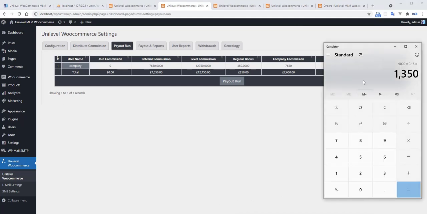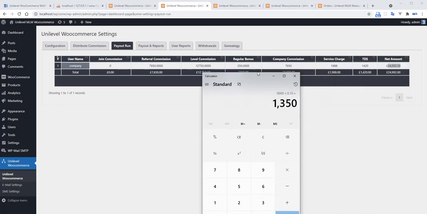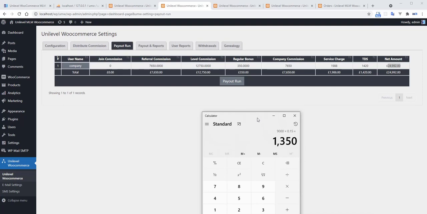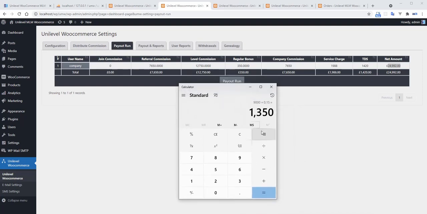Whatever the amount, if we calculate here, if we consider the calculator, just a minute, I am putting everything in. So here 7650 plus 12750 plus 350 plus 7650. So that will be 28400. This 28400 total amount is earned by the company member, but the service charges and the TDS will be deducted from this amount.